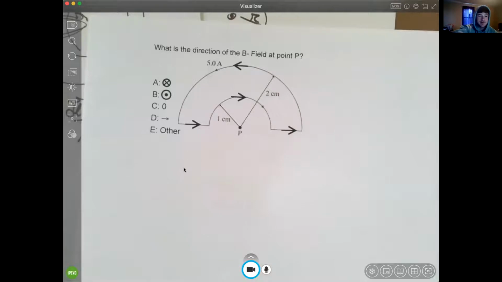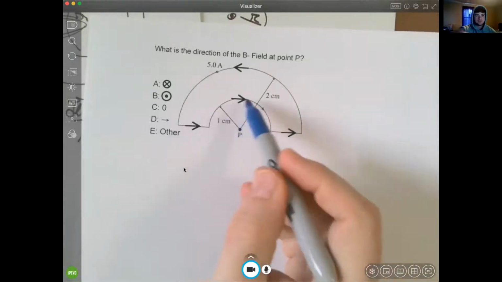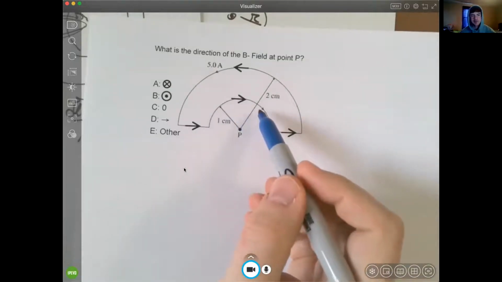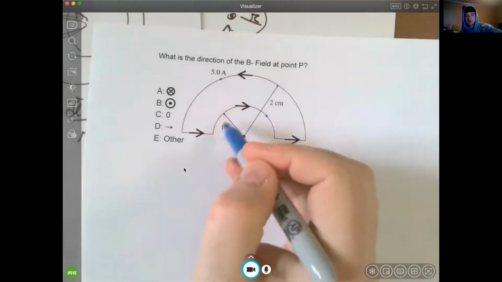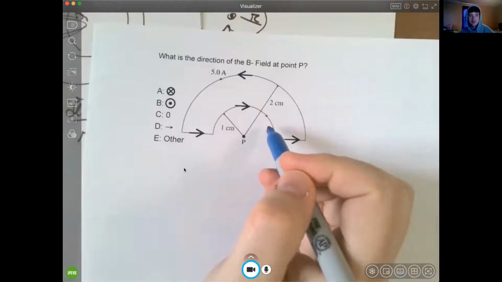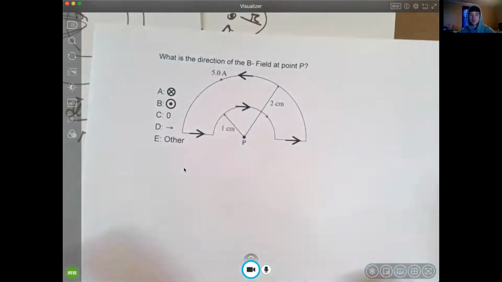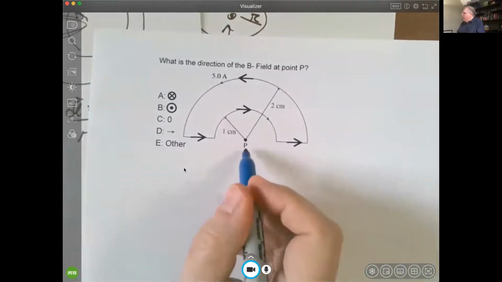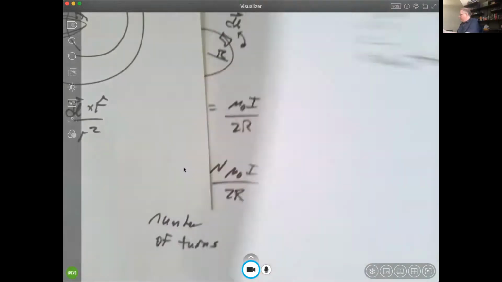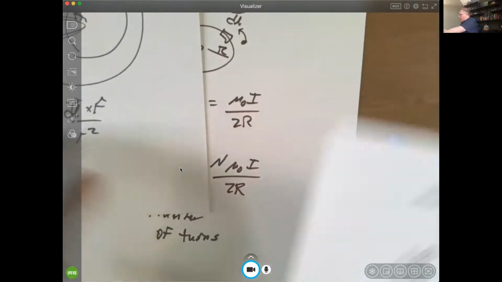The bottom part of the loop goes into the page and the top part goes out of the page, but the bottom part, since it's closer, I figured it'd have a greater magnitude, so it wouldn't cancel out fully, but only some. Right, that's exactly it. So this guy creates a field into the page, and because we had this term over here,